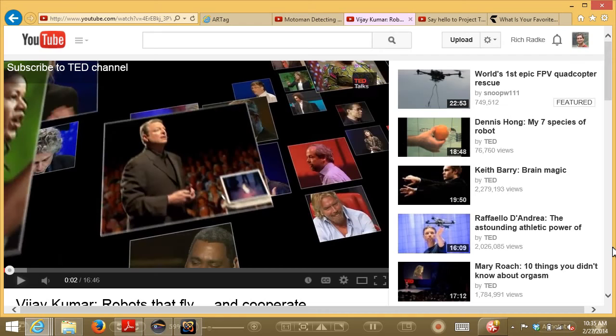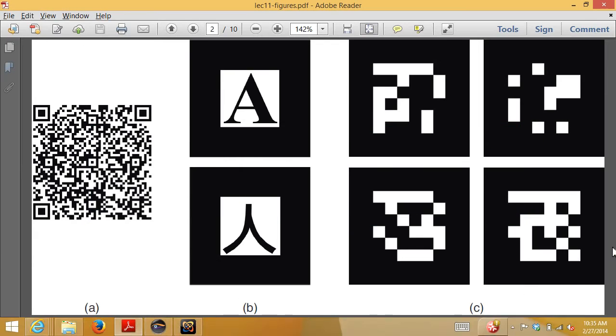Okay, so let me just say, in the context of visual effects, though, I think it's fair to say that you don't see these binary tags used a lot, and part of the reason for that is that a movie set is an incredibly stressful environment. Especially for the visual effects guys, because basically so much of the time in getting a shot has to do with, there's all sorts of considerations. You have to set up the camera angles, you have to get the lighting right, you have to get all the practical effects and stuff like that right. And so, they don't want the visual effects guys taking half an hour or even 15 minutes to put up all these specially tagged markers, especially because